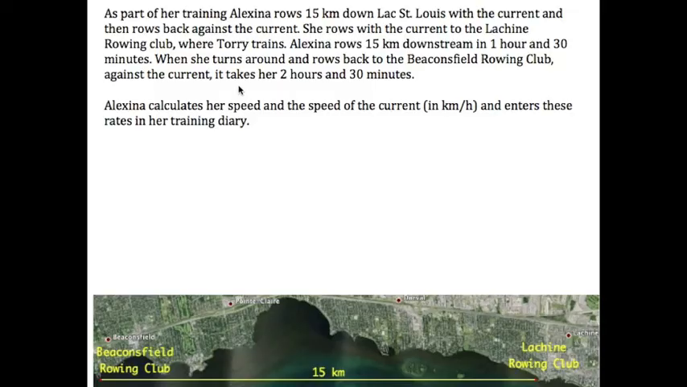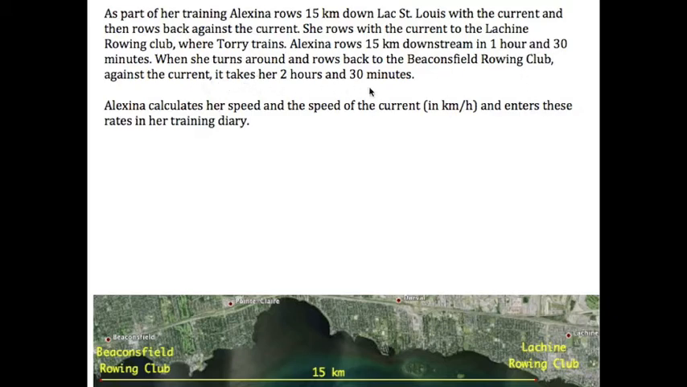As part of her training, Alexina rows 15 kilometers down Lac Saint Louis with the current and then rows back against the current. She rows with the current to the Lachine Rowing Club, where Tori trains. Alexina rows 15 kilometers downstream in 1 hour and 30 minutes. When she turns around and rows back to the Beaconsfield Rowing Club against the current, it takes her 2 hours